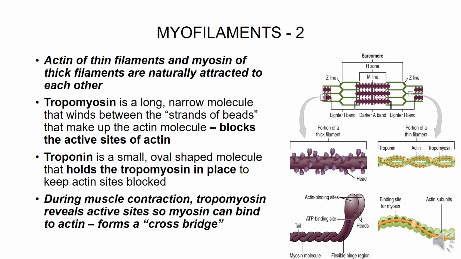So now that we've covered all that material, this slide just serves as a nice little review, putting it all together. You can see that in the top bullet point, actin and myosin are always attracted to one another. This is the new relationship, the boyfriend-girlfriend always wanting to be next to each other. As long as there's ATP present, they're always going to be trying to bind together. And what we call that bind, or that bond that's formed, is a cross bridge. So they kind of just link together, hold hands, and that's called the cross bridge. And I'm going to introduce that in more detail in just a little bit with some drawings, but that's myosin and actin. Then we have our gate,